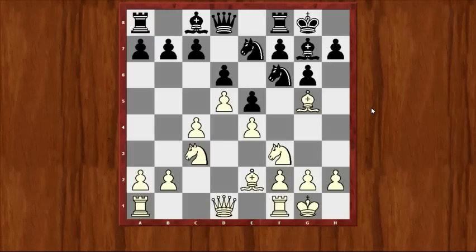So now we get to the line we will be looking at, which is 9 bishop g5. Consequences of this move: we weaken the b2 square, and we develop our bishop with possibilities of taking on f6. So I want to give you guys a brief introduction into the idea behind 9 bishop g5. The idea is,